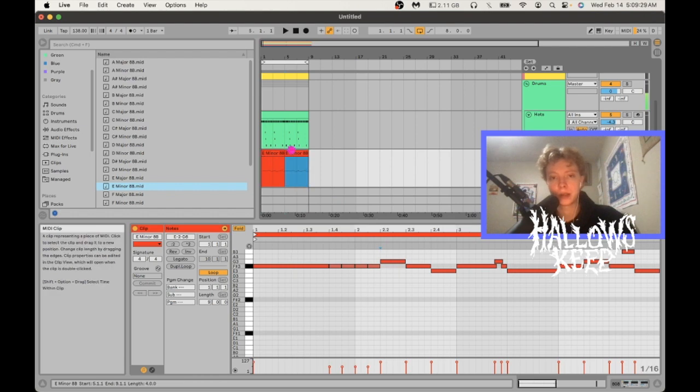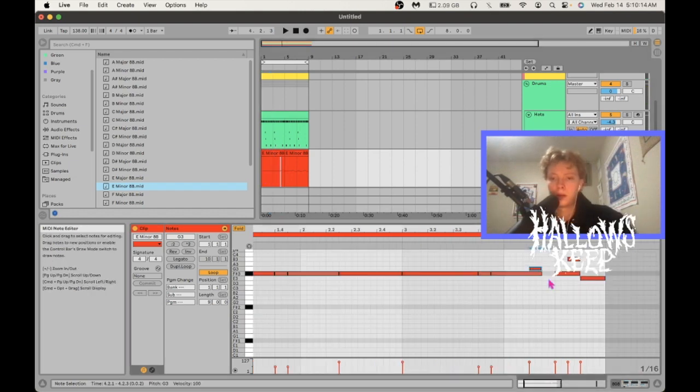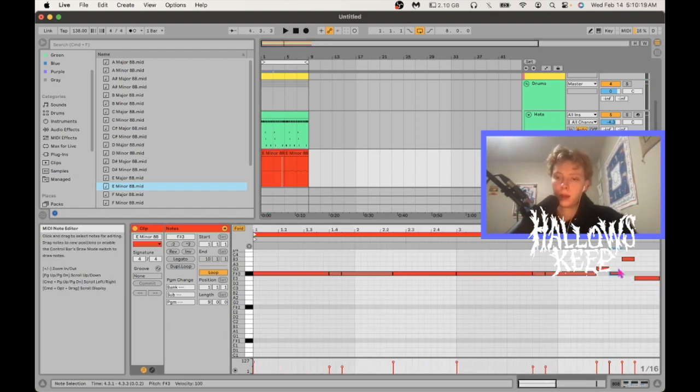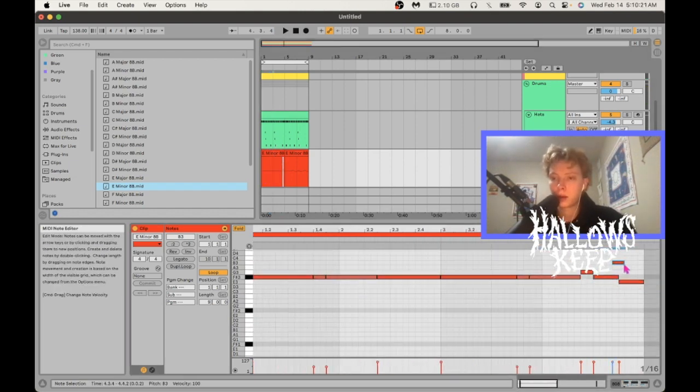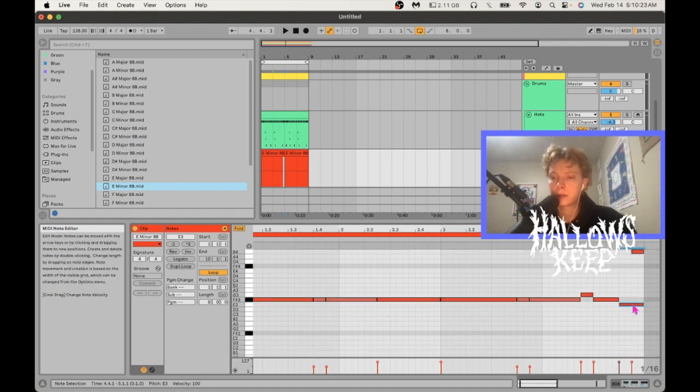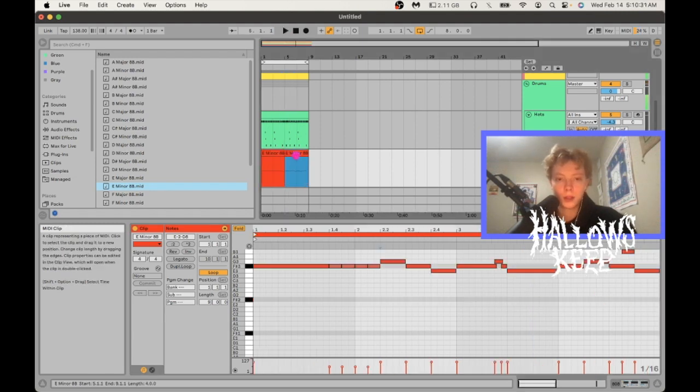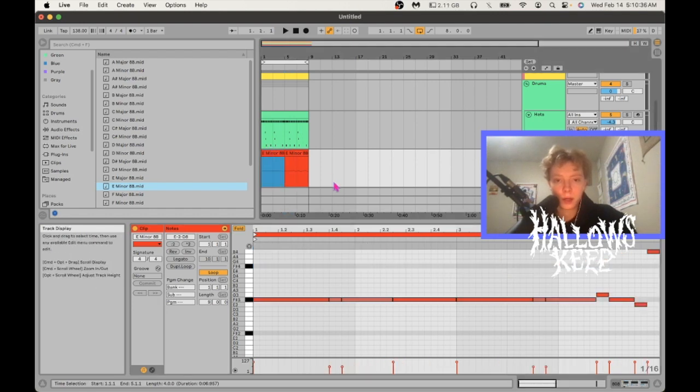I'm going to save this idea for later, so I'm just duplicating it over here. I might just keep it one note, honestly. We could probably just do that. And instead of having this note here, how about we put it here, up an octave, cut that one off. Alright, so then this idea that I had, just the 4 notes, right? That's the only different thing, so I wanted that to be the variation. So the second time this plays,